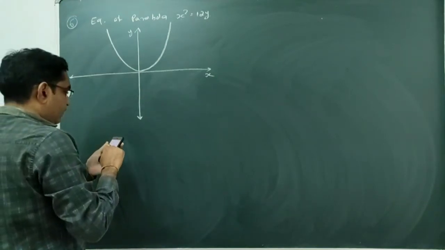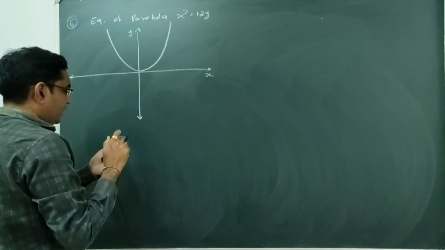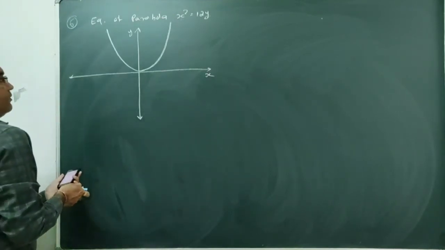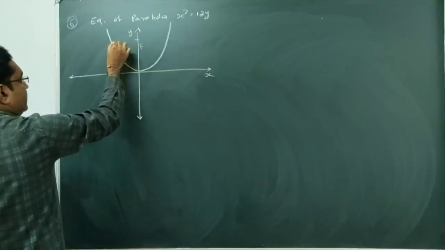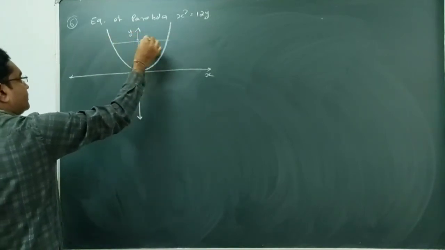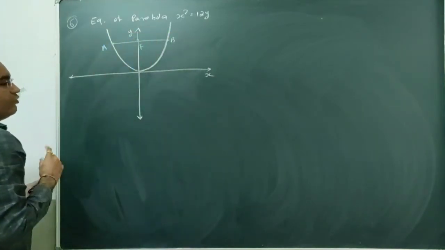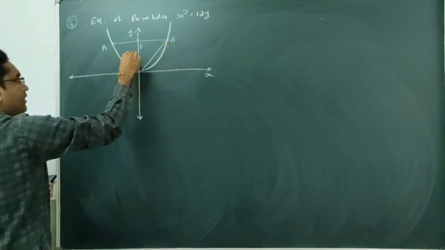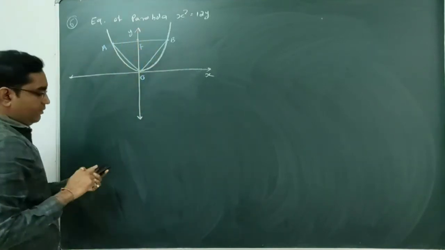Find the area of the triangle formed by the lines joining the vertex of this parabola to the ends of the latus rectum. So what is latus rectum? Latus rectum is the line segment passing through the focus of this parabola and perpendicular to the axis of the parabola, and whose endpoints lie on the parabola. So these are the endpoints of the latus rectum. So we have to form one triangle joining the vertex of the parabola to the endpoints of the latus rectum. So this is one triangle. This is point O. So this is triangle OAB.